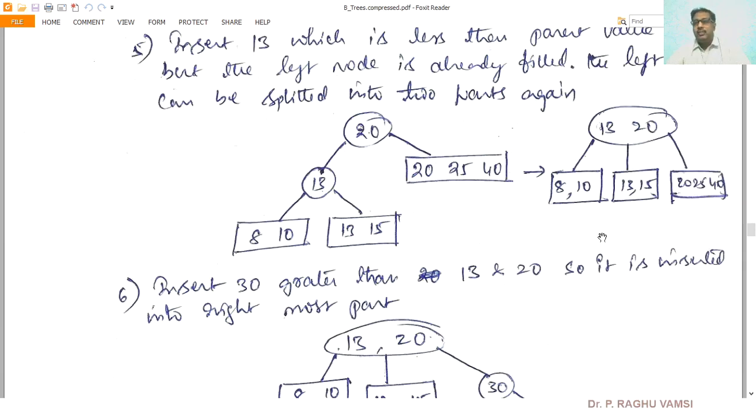And one more thing to understand in this merging: the address of the first element of the right split is available in the parent level. So 8, 10 is fine here. Whenever we perform this merge, in 13, 15 the first element is 13, and the address of 13 is present in the parent. Next, on the right-hand side, 20 is the element, and the same 20 address is also present in the root level.